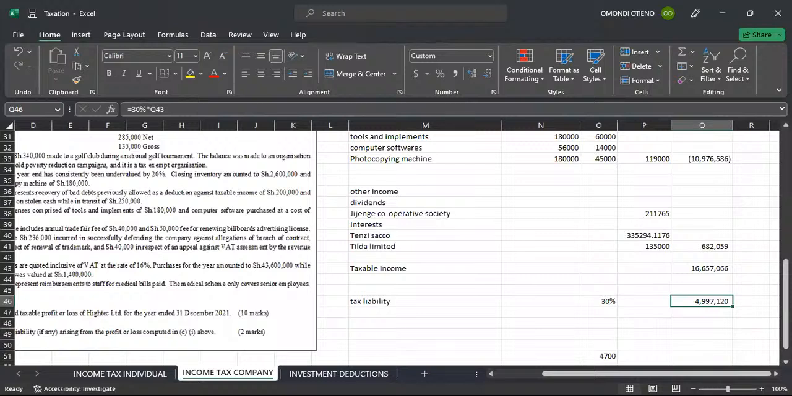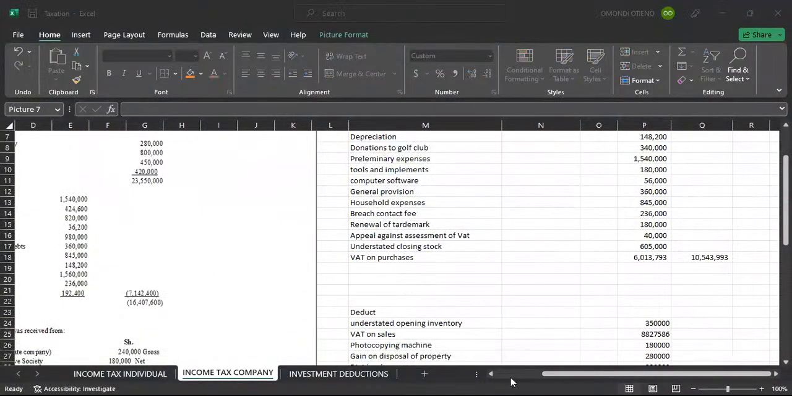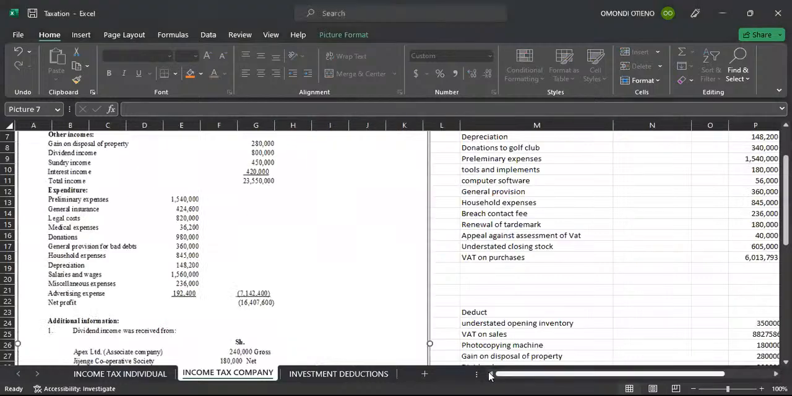How is it coming to positive? Sasa nimeuliza watu wanipatie this answer here. The total or the gross profit that these people have here is 23,550,000. And these are the expenses that they have subtracted from this gross profit, which is having a total of 71,42,400. Ndio nimeuliza